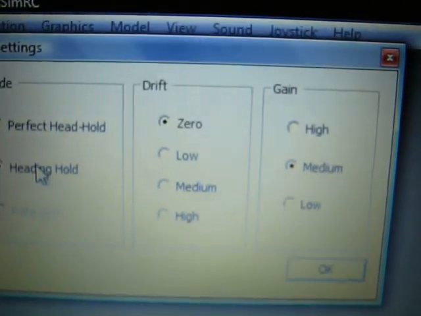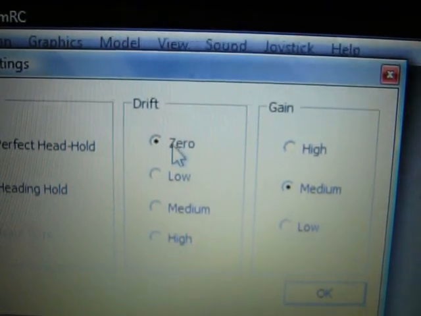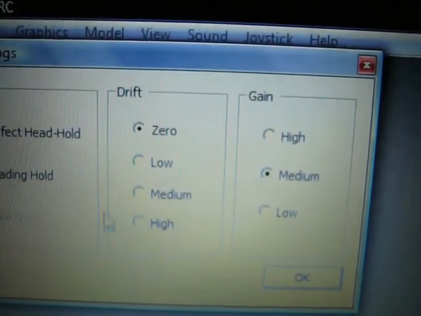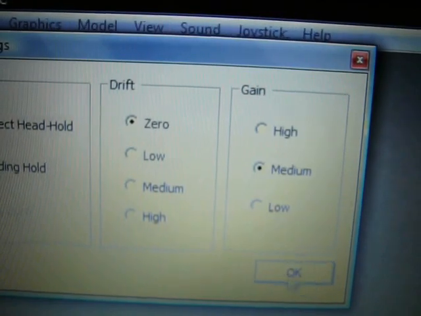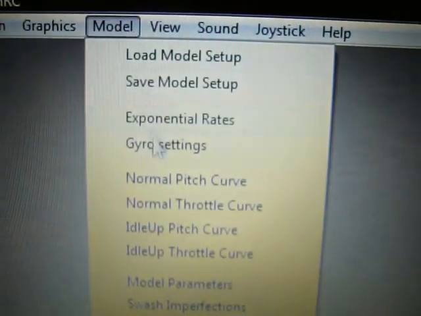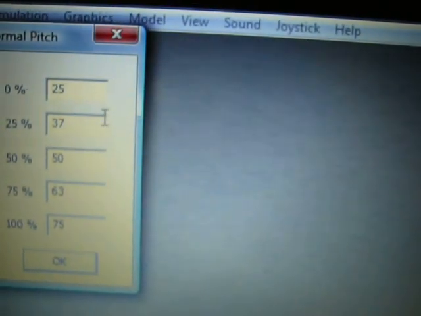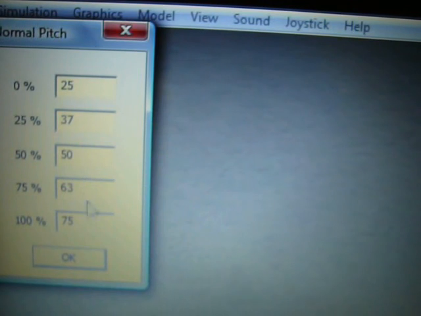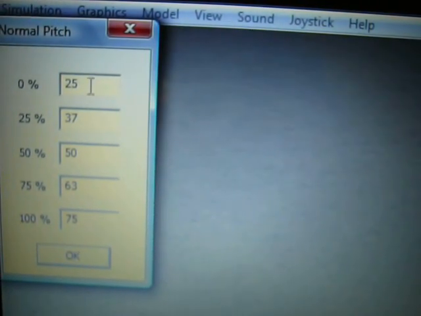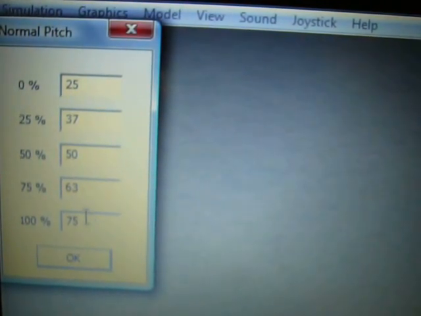Gyro settings, head hold, most people fly in head hold. You can make a drift, you can change a gain just to make it feel more like your own helicopter. Normal pitch curve, I normally fly in idle up mode or stunt mode. So this I think is just what the simulator software came preset on for the normal pitch curves. And the normal throttle curves from 0 to 100. That just means as you move your transmitter stick, it'll slowly spool up. Your helicopter will spool